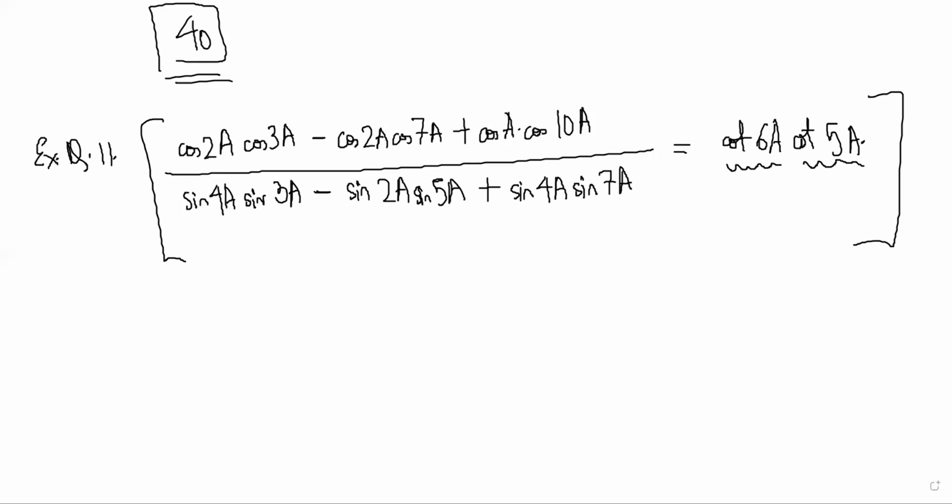So cos A, cos B, and sin A, sin B. Hmm. What do you mean there? Cos A, cos B, and sin A, sin B. What will you do with it? Meaning like you can take A to be 2A and B to be 3A. So you can simplify cos A, cos B, and then at the bottom the sin A, sin B. Okay, and simplify to say what?